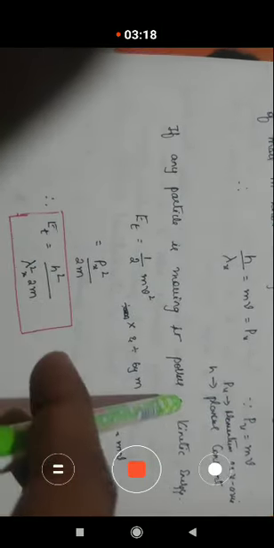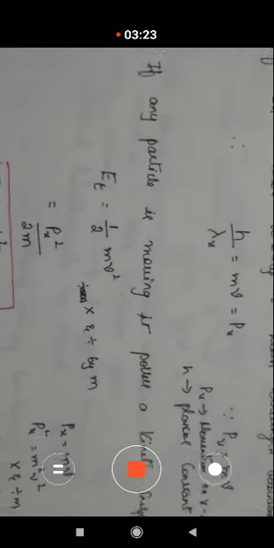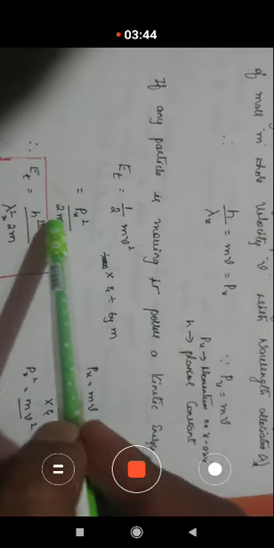Now we are going to find the translational energy, right? If any particle is moving, it possesses kinetic energy. You know this is the basic thing. The kinetic energy, which we take as the translational energy et, is equal to half mv square. Now divide and multiply by m, because I want to replace mv with px. Therefore it becomes px square divided by 2m.